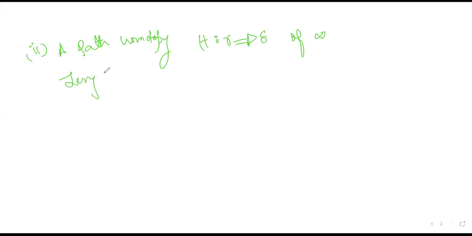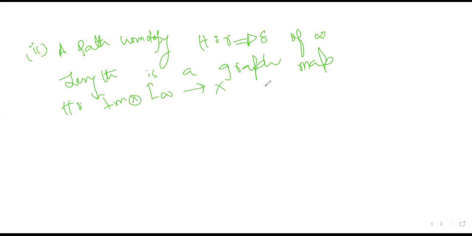Now, another definition of path homotopy. A path homotopy H from gamma to sigma of infinite length is a graph map H from Im box product with I infinity to X such that